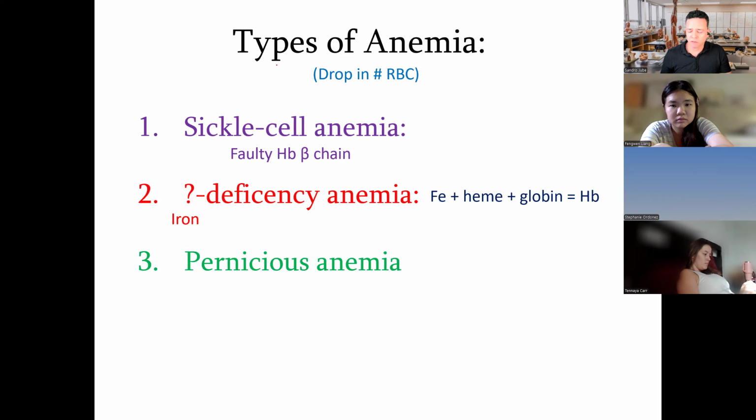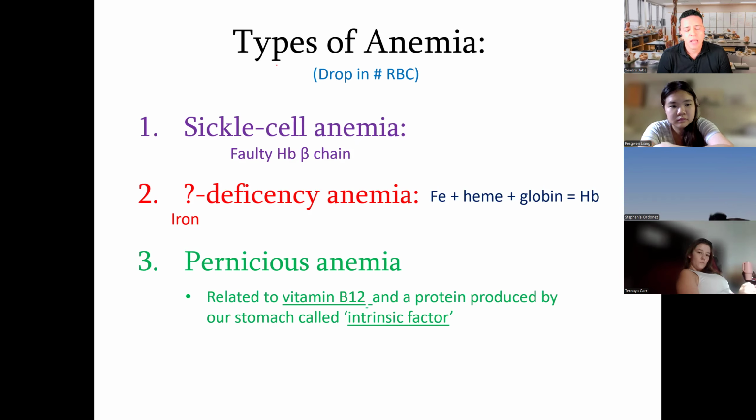And we also have a type of anemia called pernicious anemia. And pernicious anemia is related with a lack or deficiency in vitamin B12, and also a lack of a protein called intrinsic factor. What is the job of B12 and intrinsic factor? Guys,